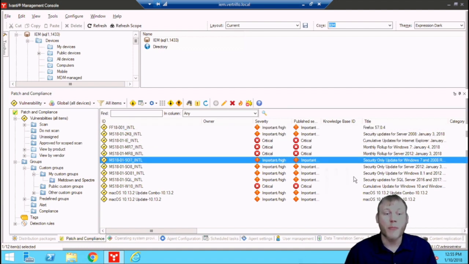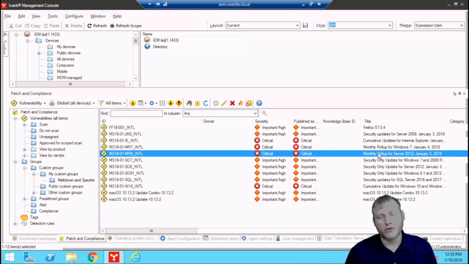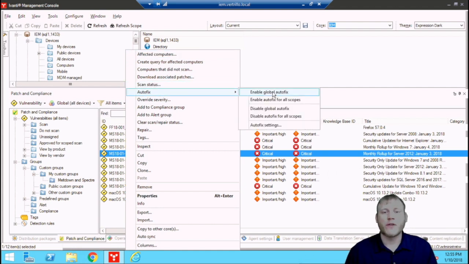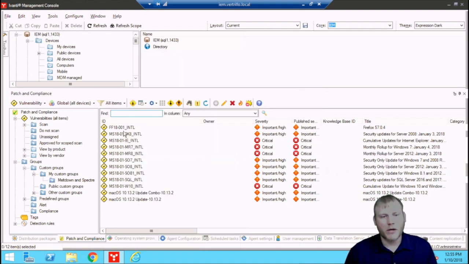Here are the various operating system patches. You can see that there's a standalone security-only update in addition to some monthly roll-ups that include this particular patch. Now, for those of you that are familiar with patch management, you know it's going to be pretty easy. You can come in here and you can choose a repair. You can look at the affected computers on who actually needs this particular patch, and then hopefully the end result is you're going to go here to autofix and turn on autofix so this gets patched across your organization. So keep tabs on this. There's going to be more patches that would be added over time as, for example, Chrome comes out with new patches, or there's any other operating systems or so forth that need to have patches applied to them.